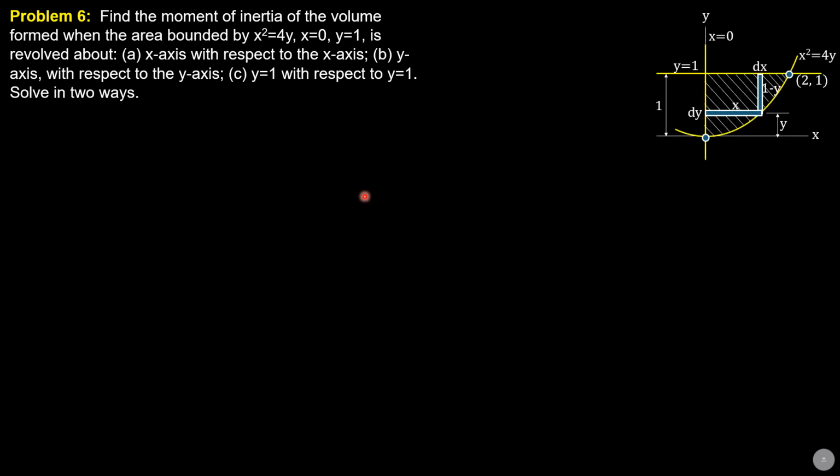So for the figure, this is the figure: open upward parabola x squared equals 4y. Then this is the line y equals 1. When y is 1, we have x equals plus or minus 2, but because it is bounded by the y-axis, or x equals 0, we only consider the right half of the shaded part. This line is also coincident with the latus rectum of the parabola. So this is 1 unit, the horizontal strip y distant from the x-axis.